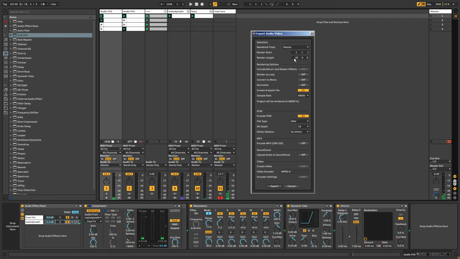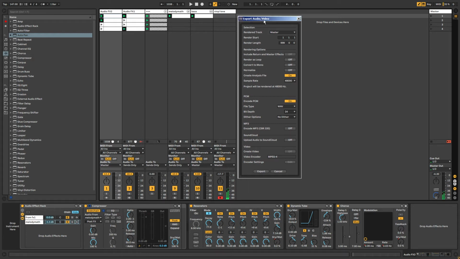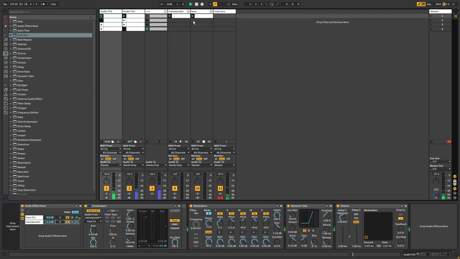Everybody probably knows this. You render however many bars you want, and once it's rendered out, load it up into something like SoundForge, Goldwave, Wavelab, or whatever you use, even Reaper, or load it back into Ableton, and then find the good spot. Listen through the whole thing. That's a lot of work,